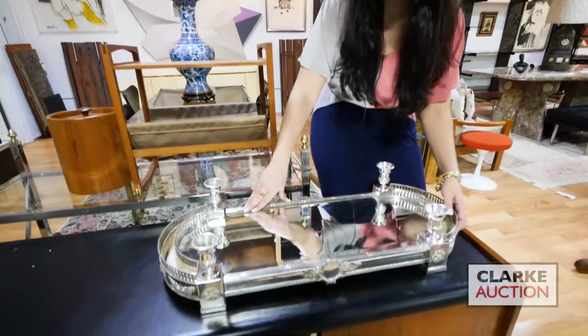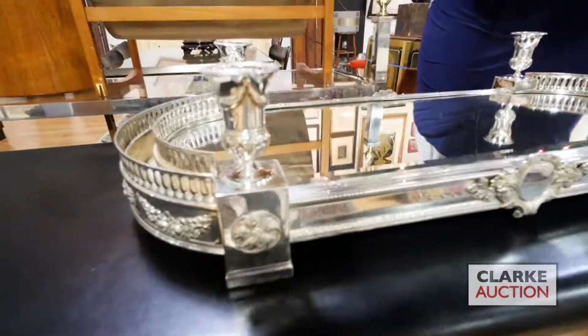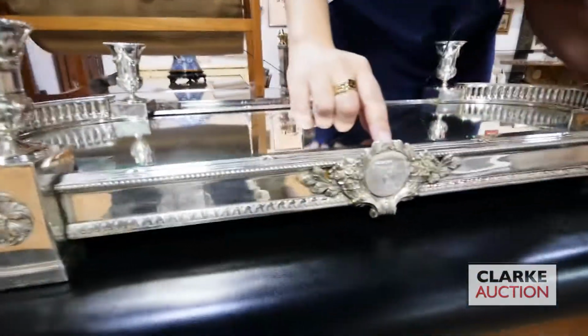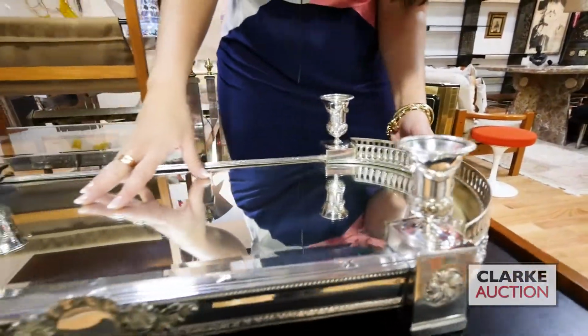And last but not least, we have this beautiful French silver statue de table. You can see the wonderful pierced gallery here, 4 candlesticks. There's wonderful applied floral baskets here, a wonderful addition to the sale, and it is estimated at $2,000 to $3,000,